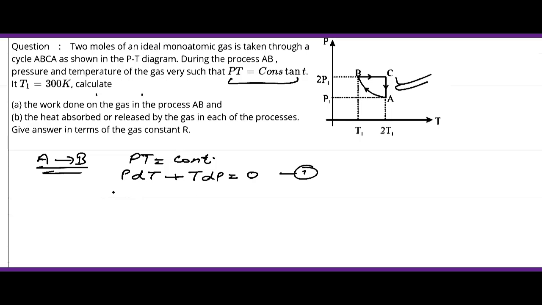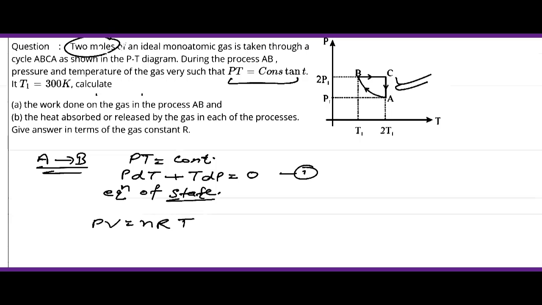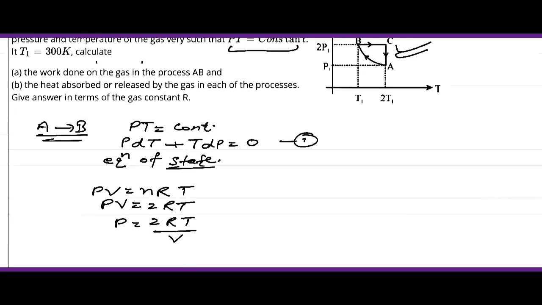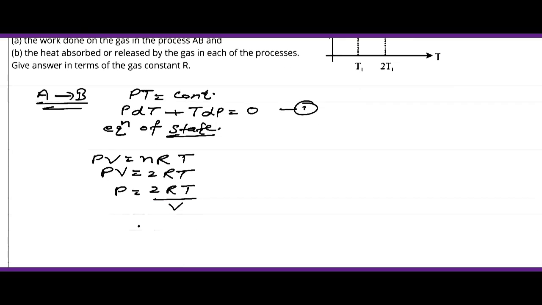Now if we talk about the equation of state, the equation of state is PV equals nRT, and in the question it is given that there are 2 moles, so n is equal to 2, so PV is equal to 2RT. Okay, so we can say that P will be equal to 2RT divided by the volume of the gas. Okay, so consider that this equation is second. Differentiate this equation, we can say that